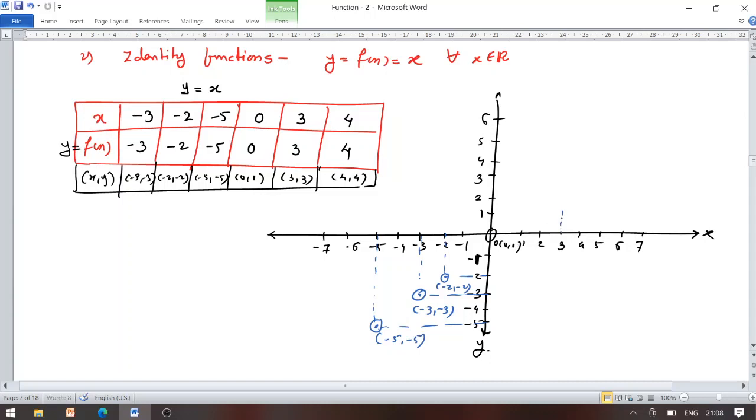Then (3, 3): 3 from the x-axis, 3 from the y-axis, the point of intersection gives us the coordinate (3, 3). Same thing for (4, 4). And let us join all those coordinates by using a line. So it is a line